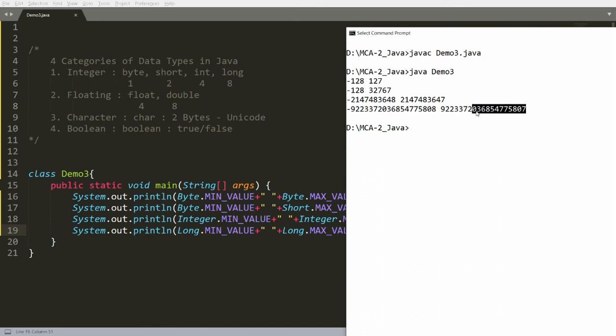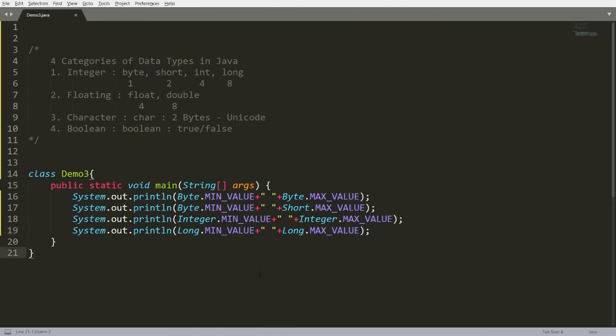It means we can store an Aadhaar card number, 13 14 15 16 17 18 19. So the range is more than the population of the whole world, right? So you can definitely store any number in a long, and the same range is available in the negative and in the positive also. So this is the way you can find the range of a particular data type.